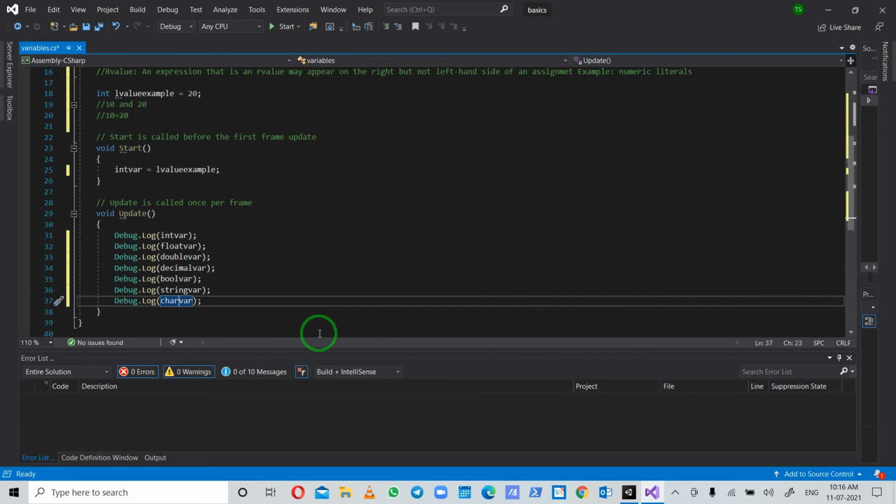Another thing to note is that Debug.Log will simply print this in the console.